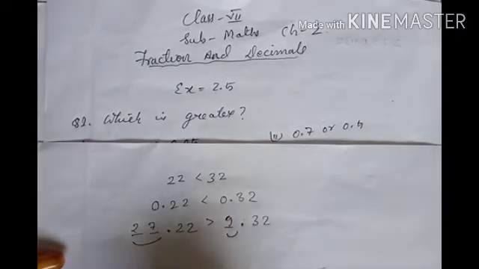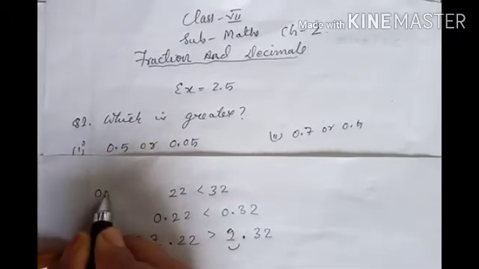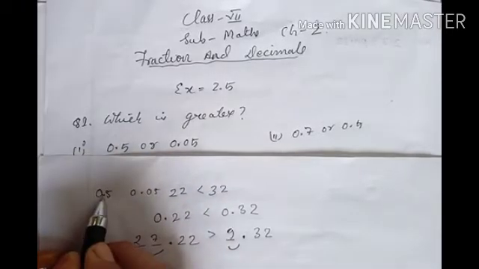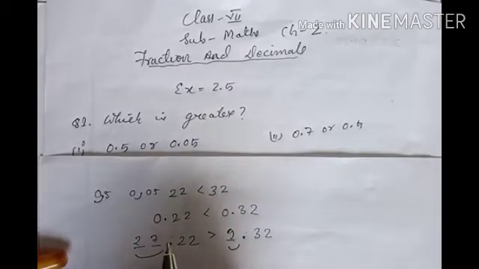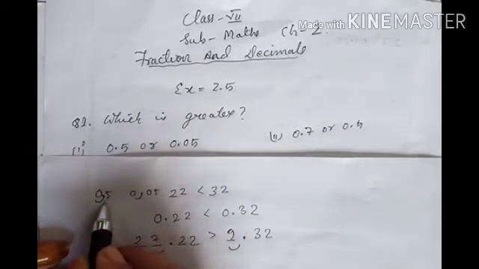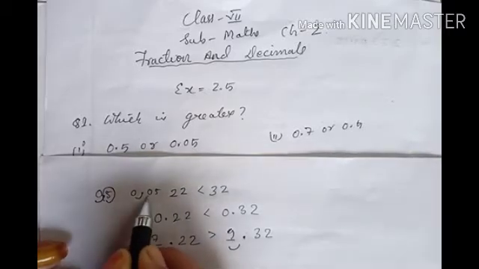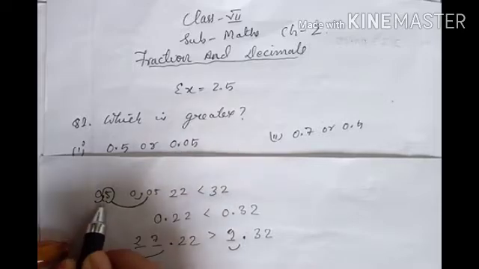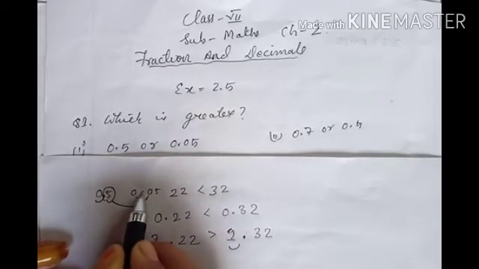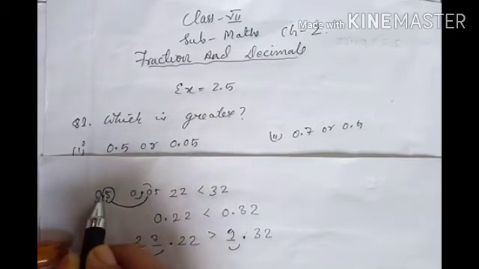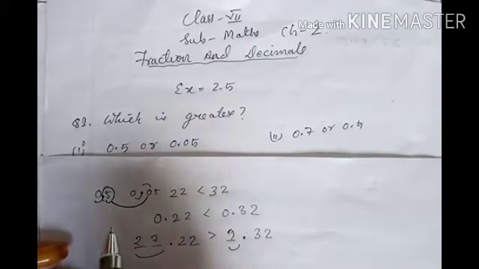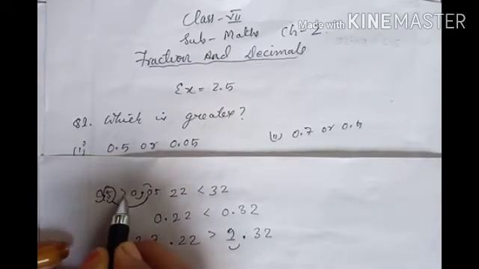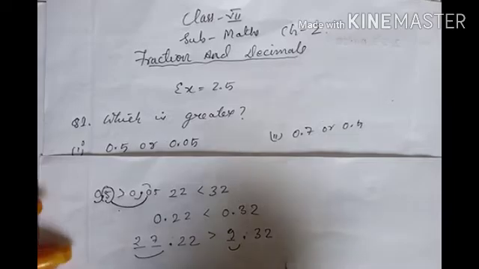Now again, the given question was 0.5 and 0.05. Before the decimal how many digits are there? There is no digit, 0 is there, isn't it? Now after the decimal, what is here? 5, and here what is there? 0. Now you have to compare these two numbers, 5 and 0. Right after the decimal what do we have? 0 here, and right after the decimal what do we have here? 5. Now which is bigger, 5 or 0? 5 is bigger. So directly you can say 0.5 is bigger than 0.05.